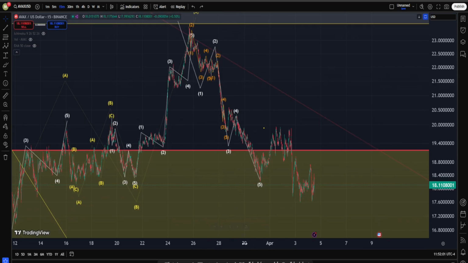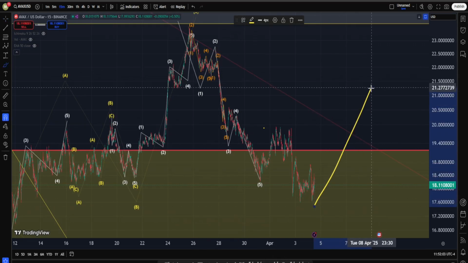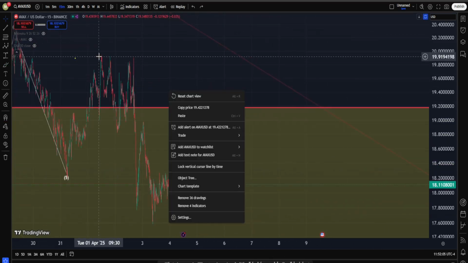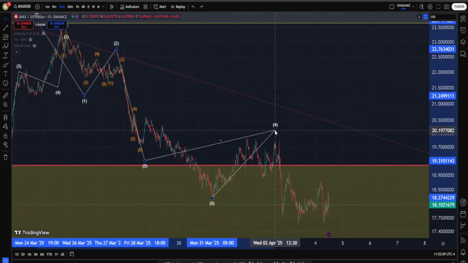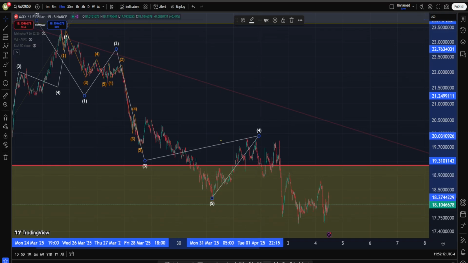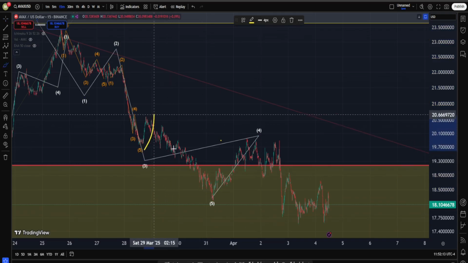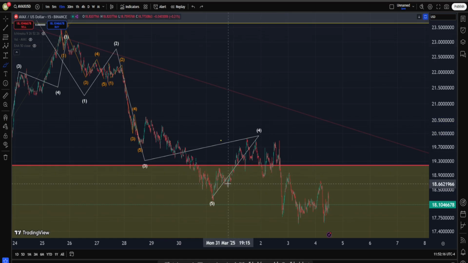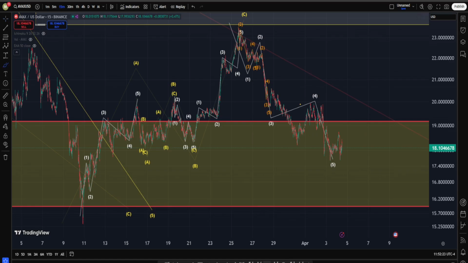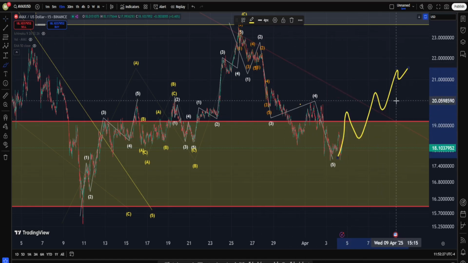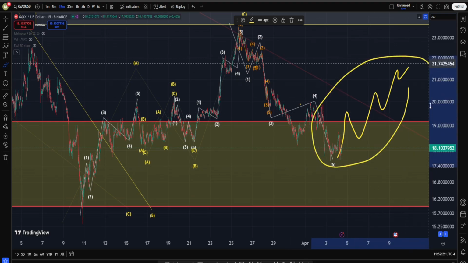And sure, maybe in the short term we're going to get a move up, and for example I can tell you, well, okay, instead of this point being the end of our wave 4, this can be the end of our wave 4, and we can consider in this area having an A, B, C in form of a running flat, and this can be our final move down into wave 5, which means, well, okay, after an impulse we are going to have some sort of a move up,